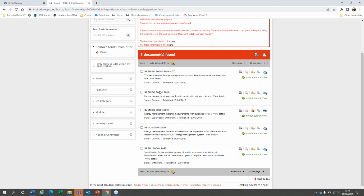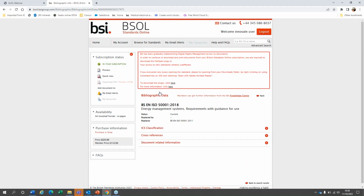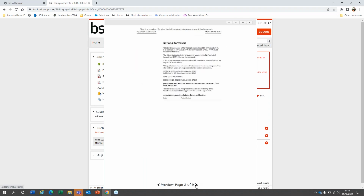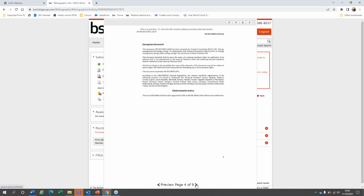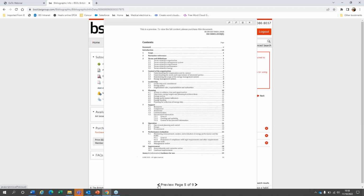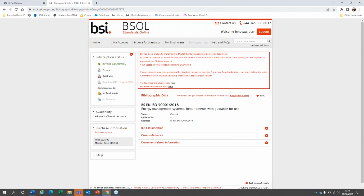Now, just to let you see some of the extra information you're going to see on the standard, if you hover over the number, you see it changes color. If you click on the number, it presents you with this description page. You can have a quick preview of the standard to see a few pages as a sample. In this case, it's given me 9 pages. I can cycle through those. You can see I at least get to the contents page, perhaps a few pages beyond. I can print that off as a sample, but not the full text. If I want to read the standard,